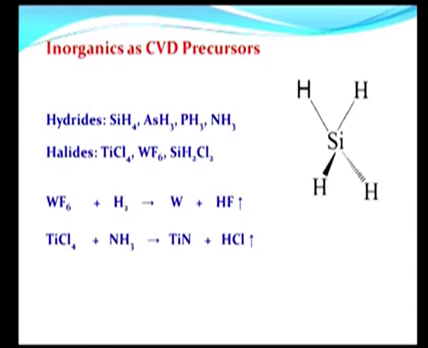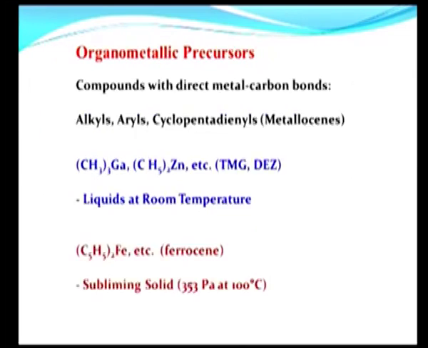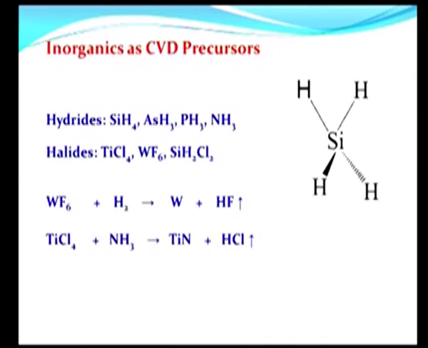A whole host of precursors are there and so forth. So, this is a kind of a laundry list of different precursors, inorganic precursors. The point is that one should have volatile materials as precursors. That goes without saying, because this is a chemical vapor deposition process. So, silane is really a gas at room temperature, tungsten hexafluoride is a gas at room temperature, titanium tetrachloride is a liquid at room temperature, but all of these have substantial vapor pressures which allow us to use them as precursor